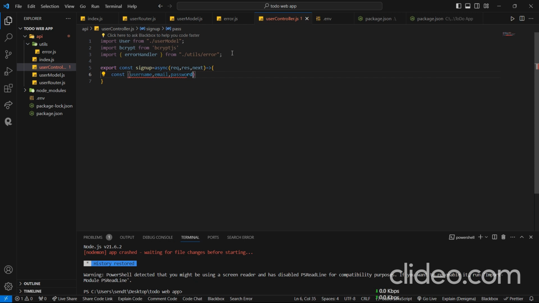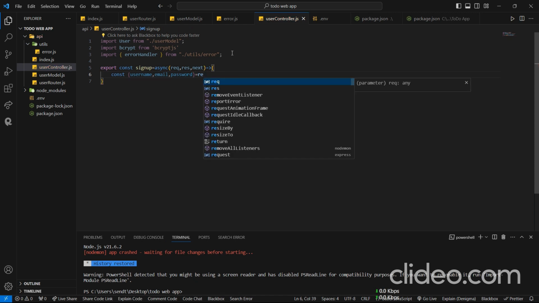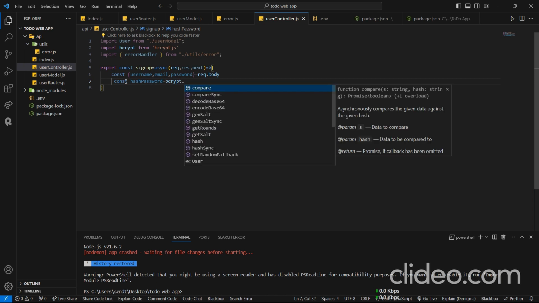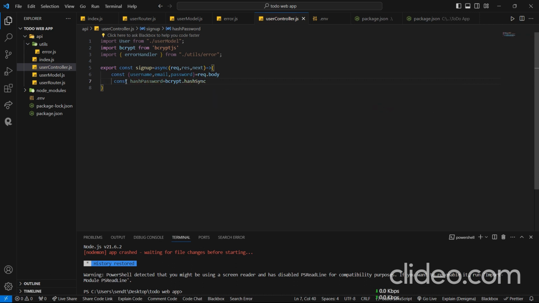now we have our password, but we don't want to store it in a text format, so we will hash it by let's say const hash password equal to, we will use bcrypt, so bcrypt dot hash sync, and first parameter will be the password we want to hash, which is the password, and we will give the number 10, which will be the number of rounds it will hash. Okay,